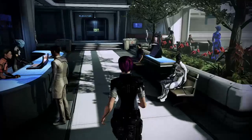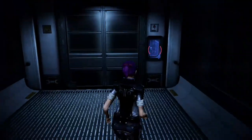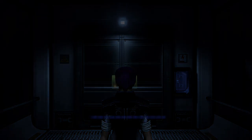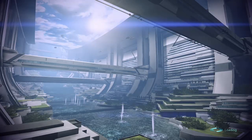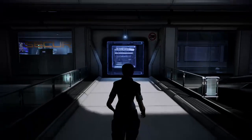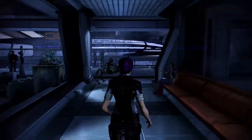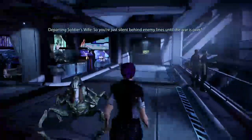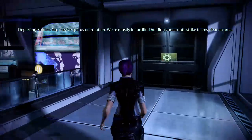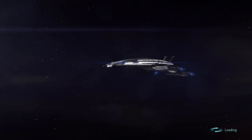The Alliance military has abandoned the Hades Gamma cluster to incoming Reaper forces. Welcome, Commander Shepard. One moment, please. Now arriving at Docking Bay D-24. Incursions by enemy forces are being reported in Turian colonies. So, you're just silent behind enemy lines until the war's over. They've got us on. Ilium is under attack, although the Asari...